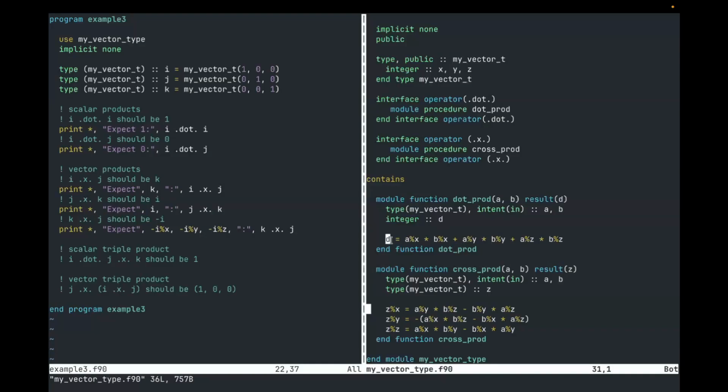And we've done the calculation in both as we would expect. As I said earlier, it isn't enough just to tell the compiler that these operations exist. It's up to us to tell the compiler what would actually make sense in them. So our dot product, we've just done the x components multiplied together, plus the y components multiplied together, plus the